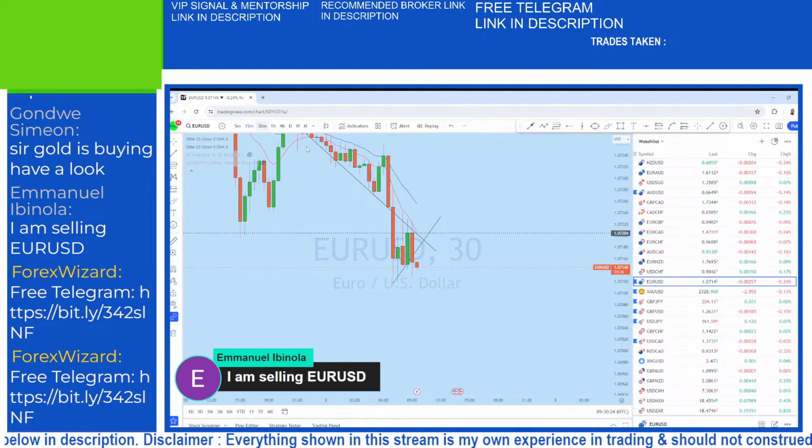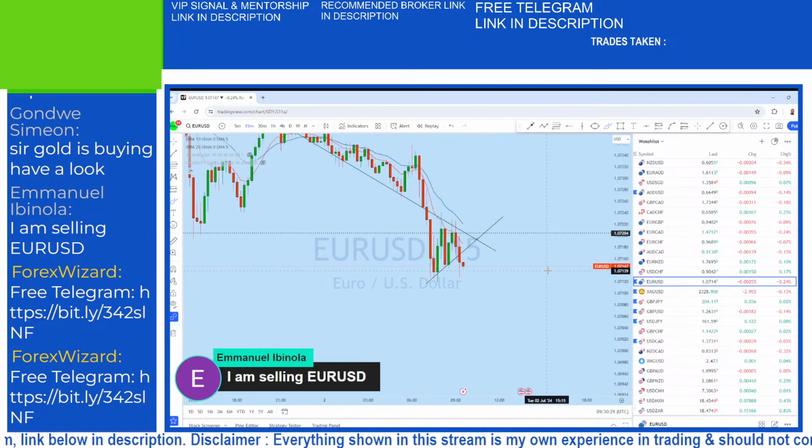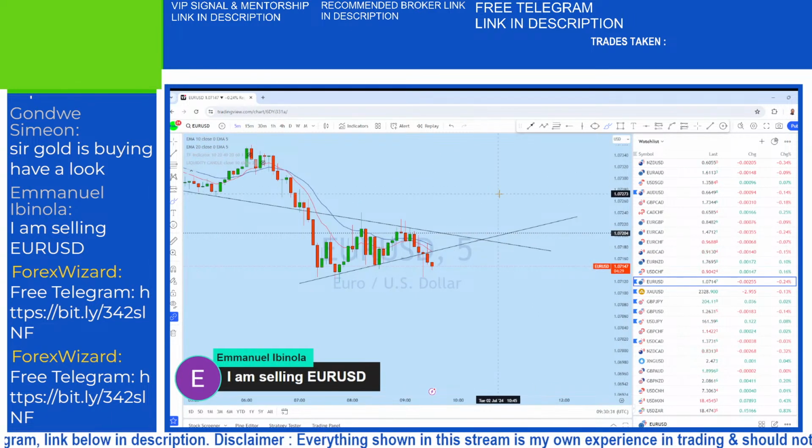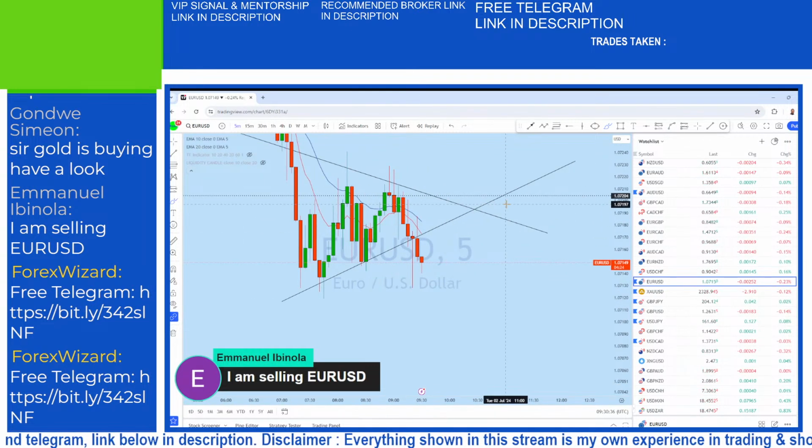The price action to me on EUR/USD, okay, what I see in my opinion is a potential for downside on EUR/USD, as